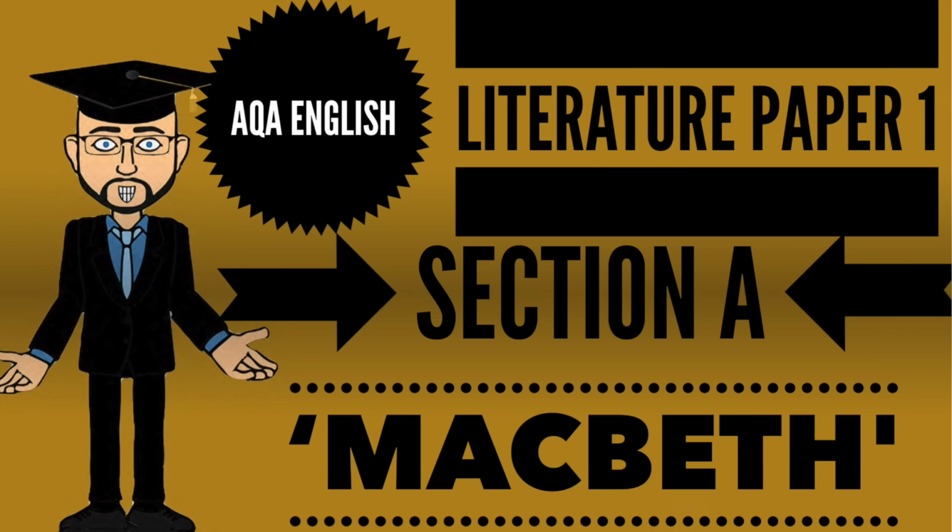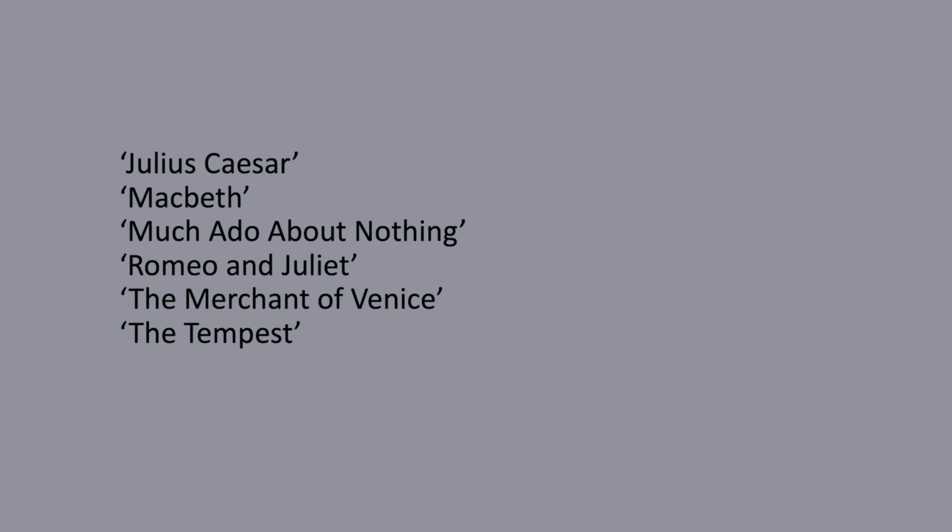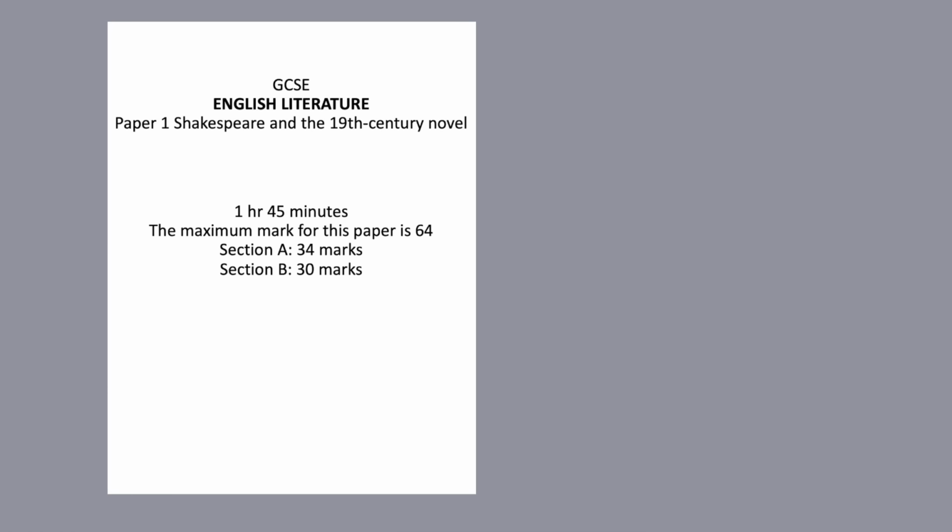Hello everybody and welcome to today's video, an updated guide to AQA English Literature Paper 1 Section A, focusing on an example based on Macbeth because I know that's the play that most of you are studying. Paper 1 Section A assesses your knowledge of a Shakespeare play and your teacher will select the text you're studying from the following list. The total exam length is 1 hour 45 minutes and the paper is marked out of